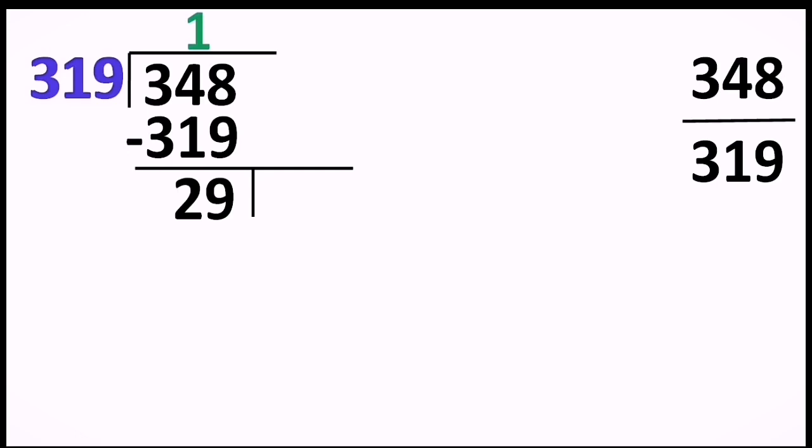At this point, the divisor of the first layer, the previous layer, which is the divisor in the blue color, 319, will be taken as the dividend for the bottom layer. So the bottom layer has 29 as the remainder, and so we have 319. 319 will be taken as the dividend for that layer.